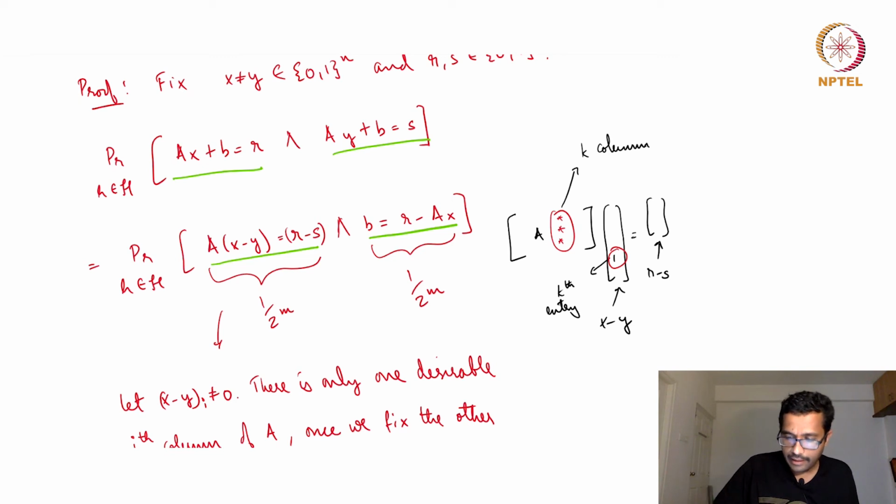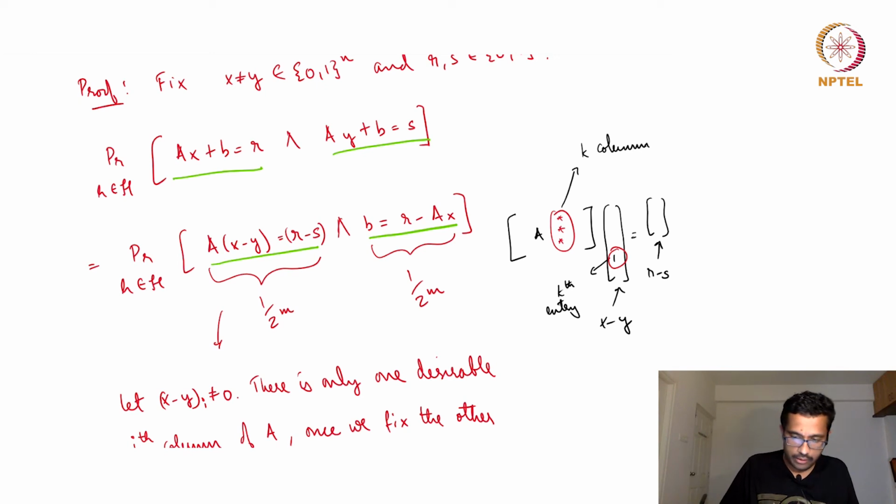Since there are m rows, there are m entries in the kth column, and they have to be chosen in a way that is desirable for us. So each of these m entries has to be 0 or 1 depending on how the others are chosen. Whatever the others may be, we can determine the probability that the kth column happens to be the way we want it, and that probability is 1 divided by 2 power m. So each of these m entries falls in the correct way.